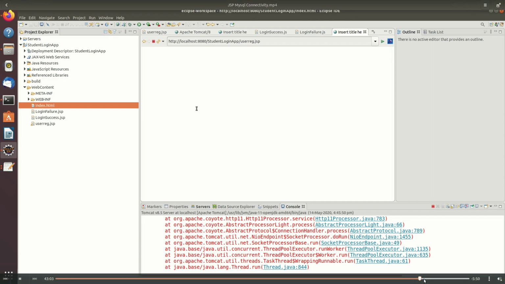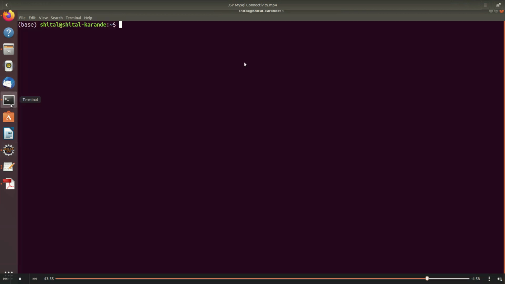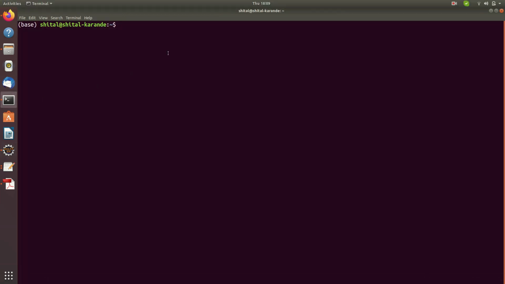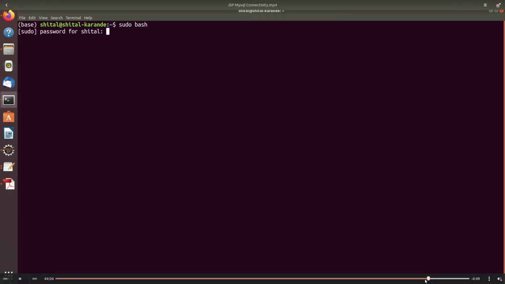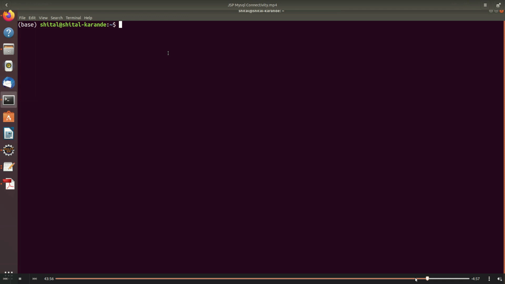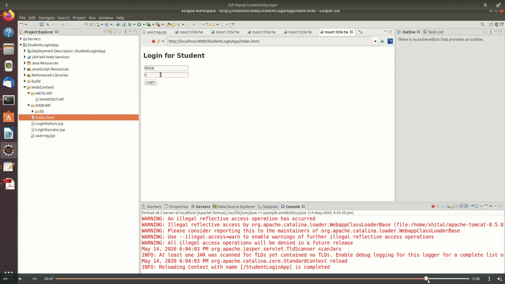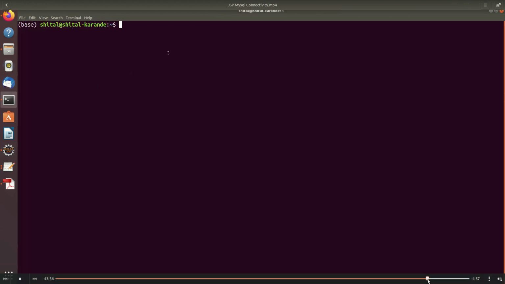So I have done the testing. For testing purposes, I am printing here the contents that are there in the exception object. The error that it gave me is for the user basically. If you want to see, the error is: first I had a problem in loading the driver, so I copy pasted the jar file in the lib folder. Then here I'm not getting access for the root user. So that problem is being displayed here by printing the exception object. I have printed that exception object and I am getting access denied for the root user.